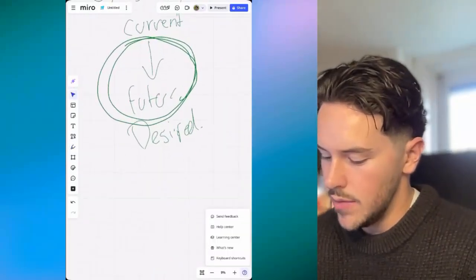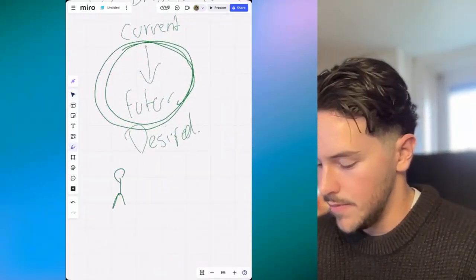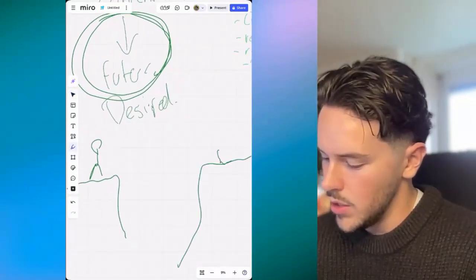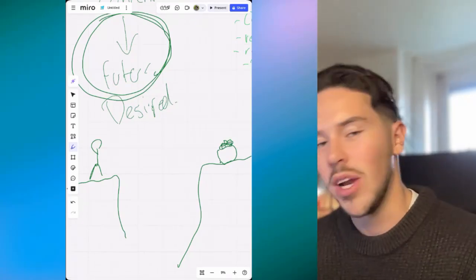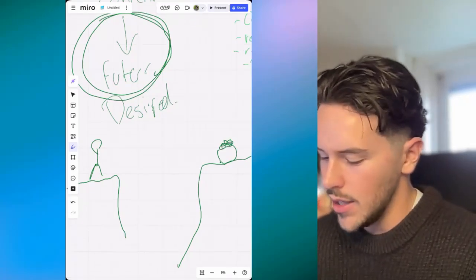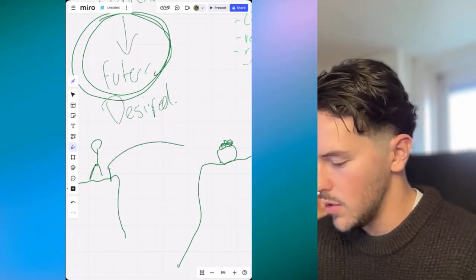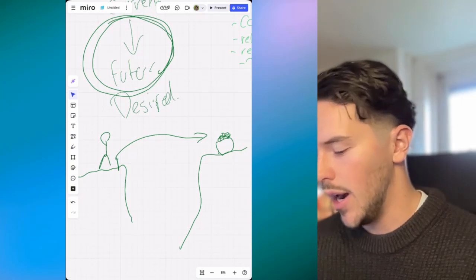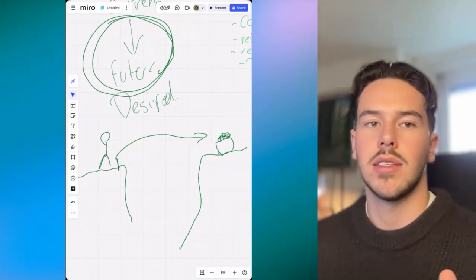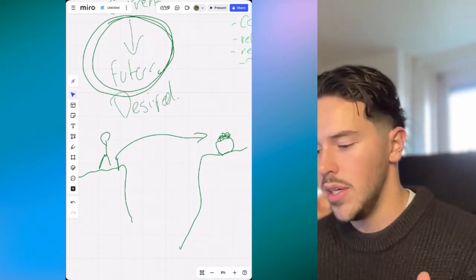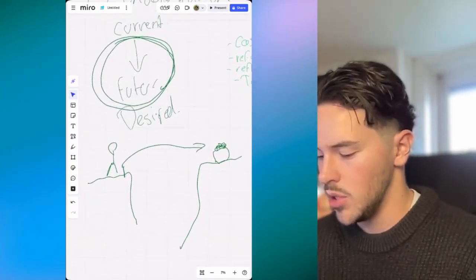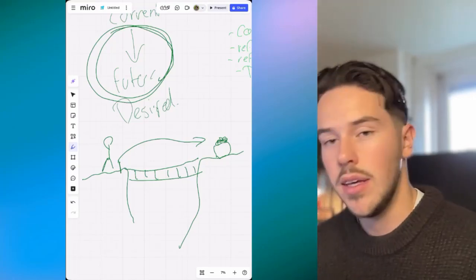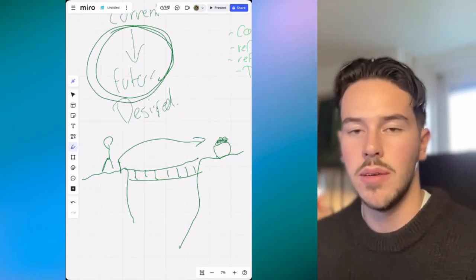So let me draw it out. There's this person standing on a cliff. And they want to get to the other side. This is where the bag of gold is. Or maybe more like a salad at this point. So how can they come from this side of the cliff all the way out to that side? How are we going to do it? That's the thing. We want to explain how. And in most of the cases, you don't want him to learn SAP or the ICT things. No, you want to showcase you can build this bridge so that he and his organization can get to the point they want to be in.